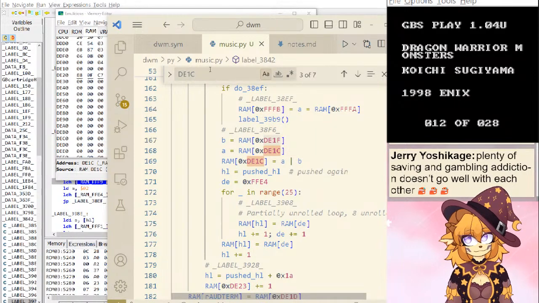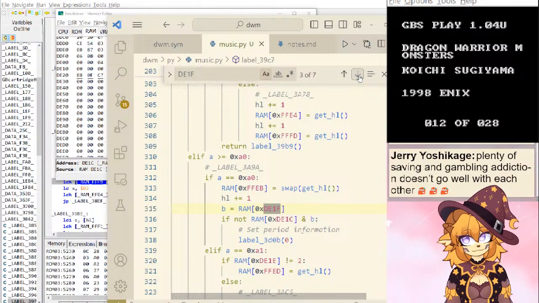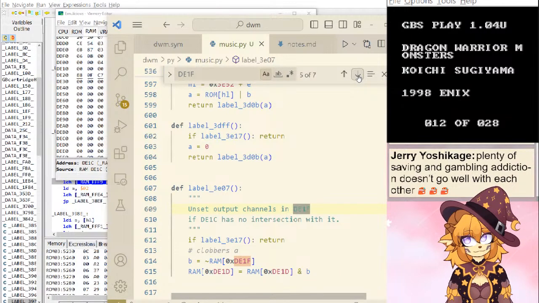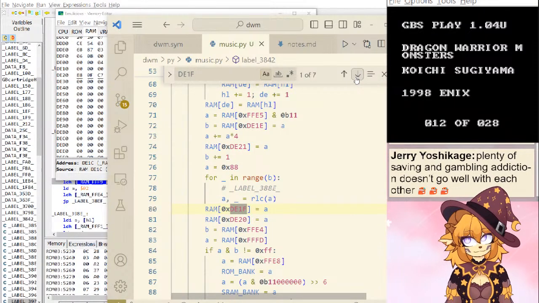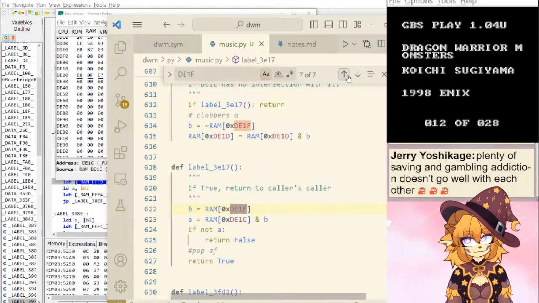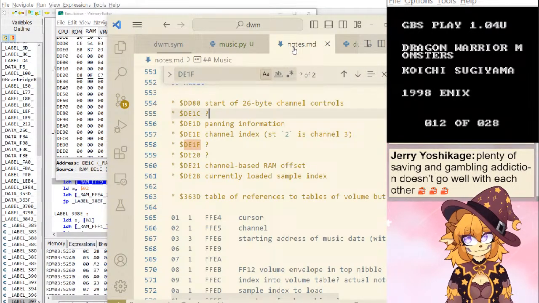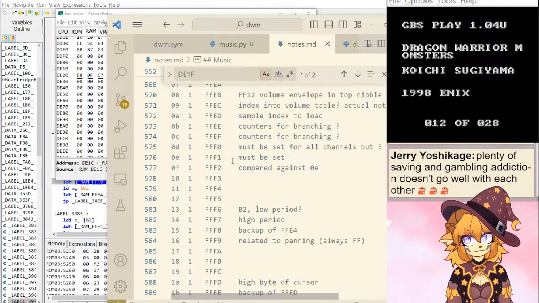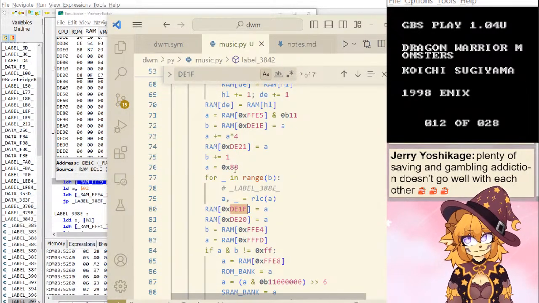So surely DE1F also changes somewhere. Was DE1F the one that's always FF? No. Oh, that was this FFF9. So DE1F.